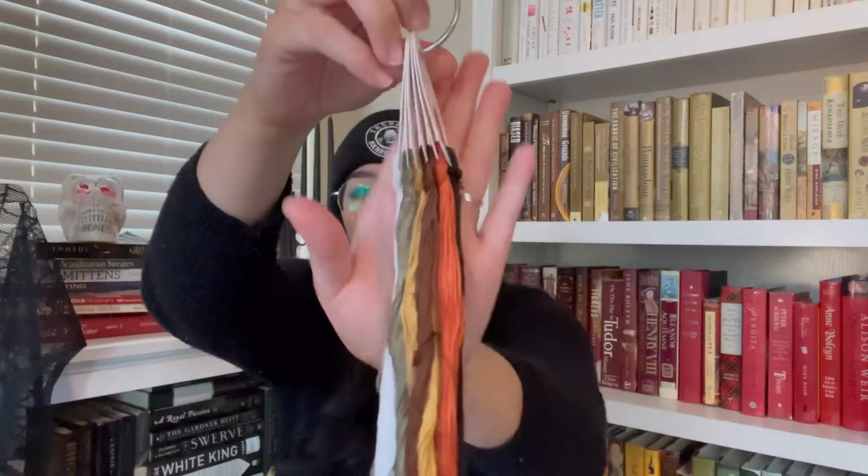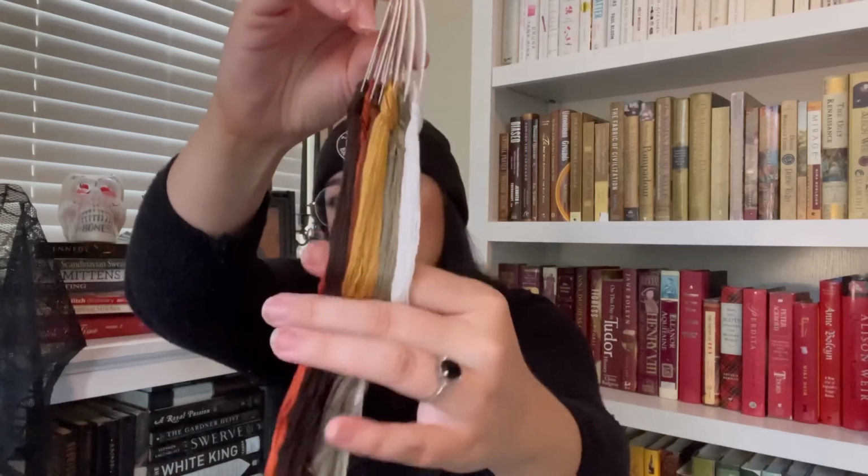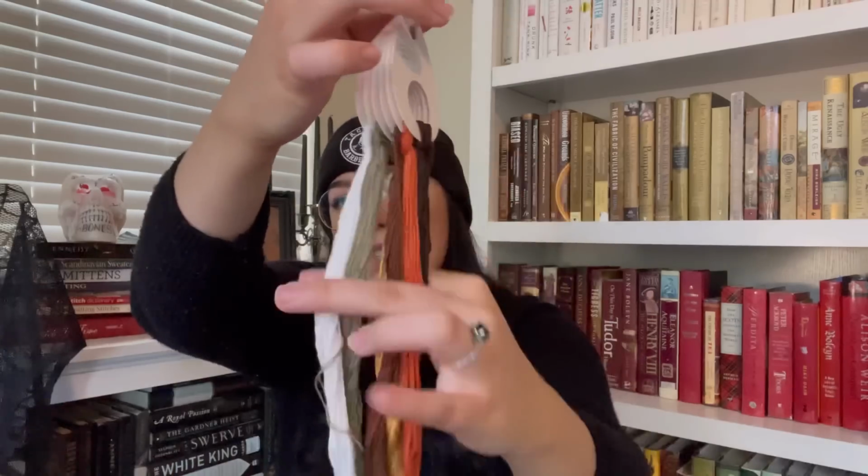Oh, let me show you guys the floss colors too, because I really do love the colors of all these Prairie Schoolers. They are so pretty. So I feel like this is just a good little bunch. It's very Halloween and fall, and I was really hoping that I could get some more stuff finished, but honestly,